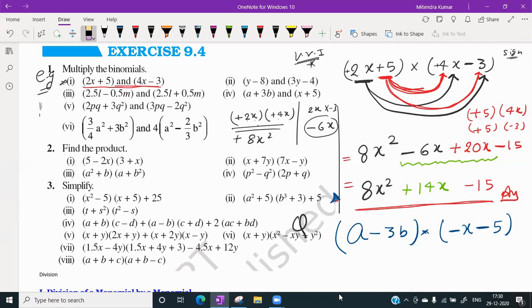Sir, completed with the answer. दिस क्वेश्चन, ये जो मैंने सेकंड एग्जांपल दिया ये भी हो गया, ये वाला ये ट्राई करो ना। a माइनस 3b ब्रैकेट, फिर से ब्रैकेट -x -5 ब्रैकेट, यू हैव टू मल्टीप्लाई दिस एक्सप्रेशन विद द सेकंड, आपको फर्स्ट एक्सप्रेशन को मल्टीप्लाई करना है सेकंड एक्सप्रेशन।